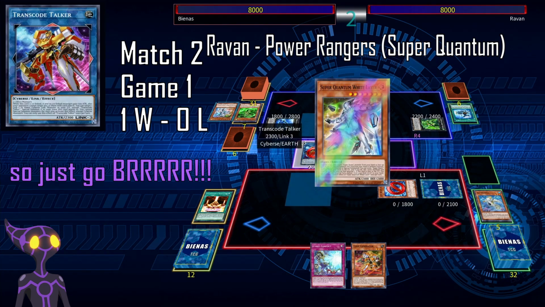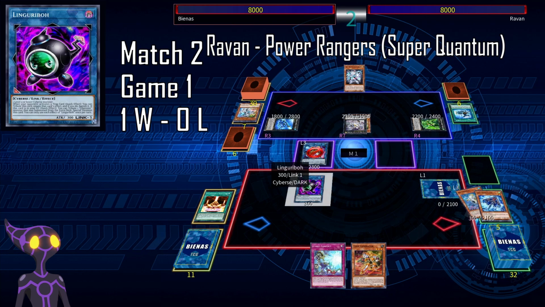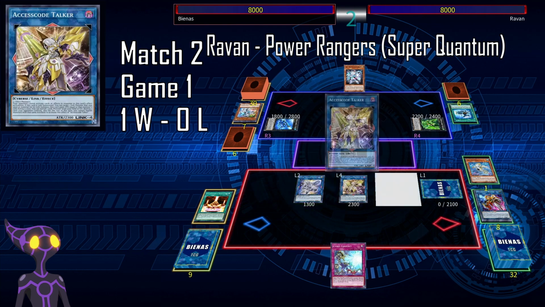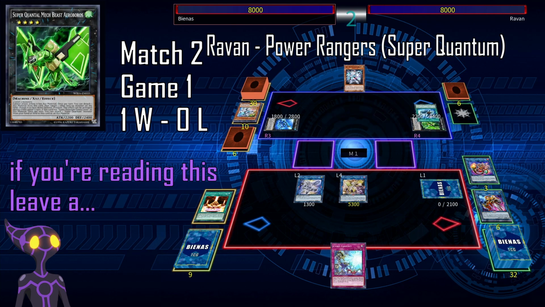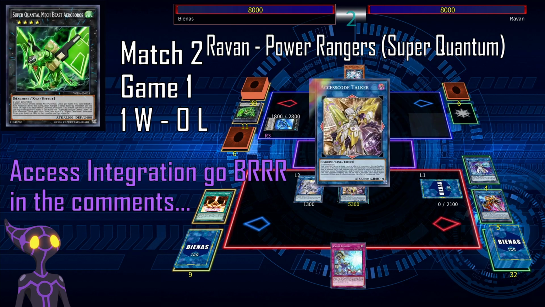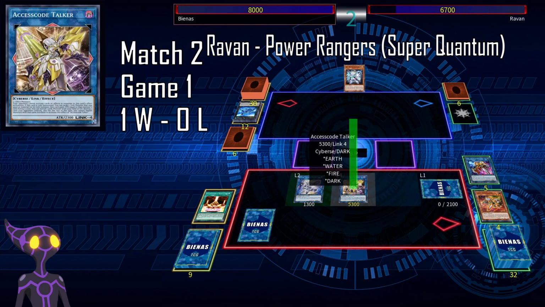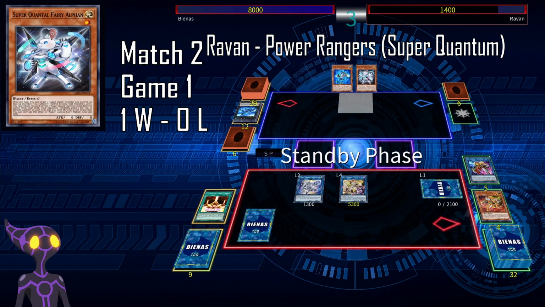He can still negate the effect of our Transcode Talker, but he can go into a Linguribo, bring the Sea Archiver, trigger the effect of Code Talker inverted, and go for our Access Code Talker. We then are going to use Access Code to clear up the board. Set it one and attack, not for game unfortunately, but all he has is a Fairy Alpha and he draws